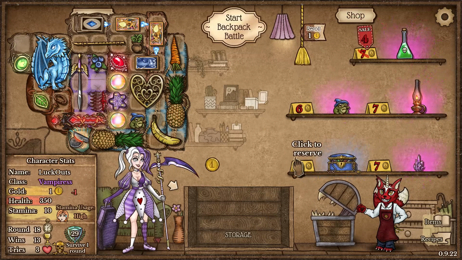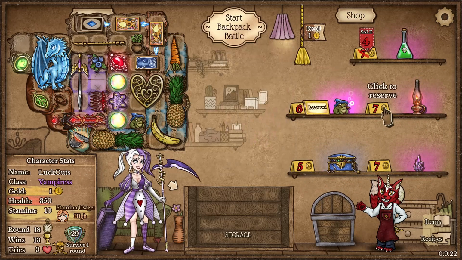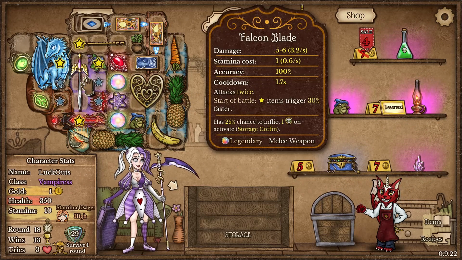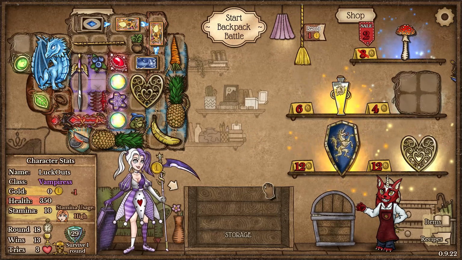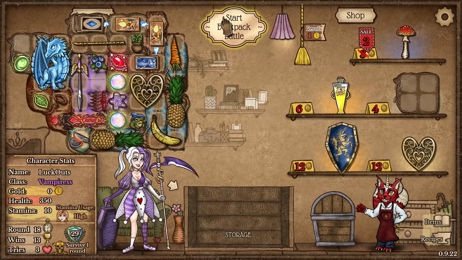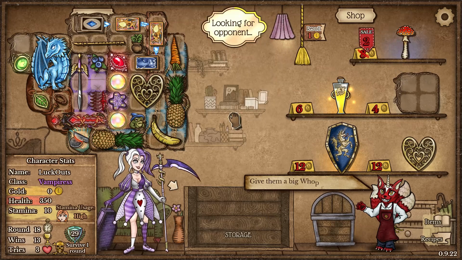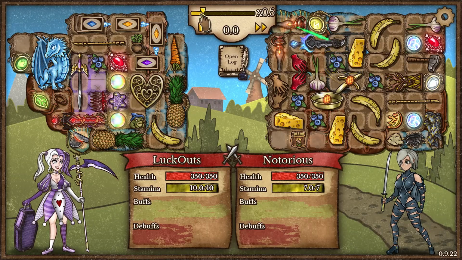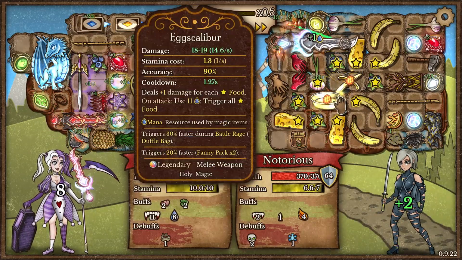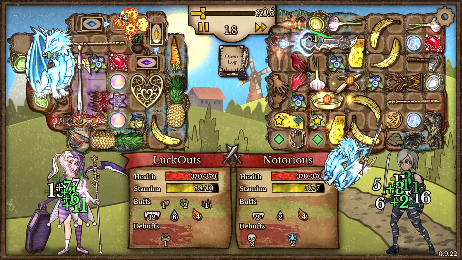I'm going to unreserve it. Roll once. Another Toad is amazing. Also eye lamps on the Falcon Blade. Pretty crazy. We probably should be taking them, but it is what it is. And that's it. Now Doom Cap would have been nice to add too, especially going up against some healing builds, something like this Excalibur. They're going to be stacking up a lot of cheese, so we could be in big